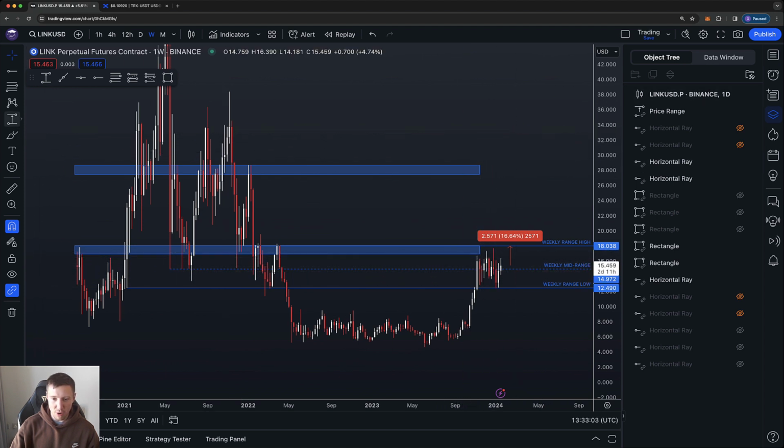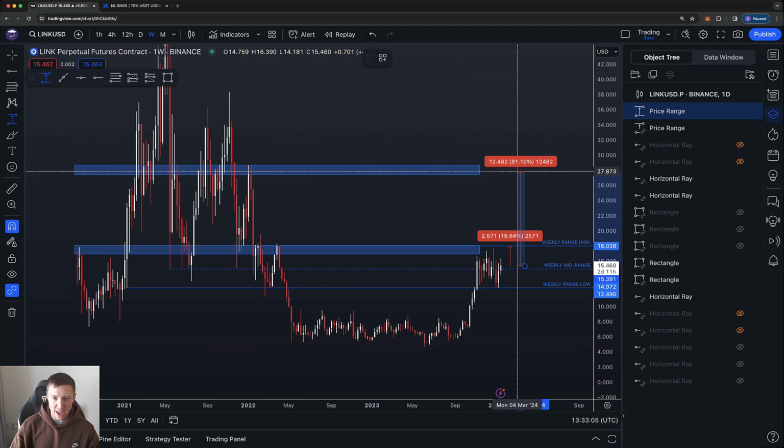So let's just take a look from present day prices up to that area. You're looking at about 82%. Still plenty of gains in there. Next TP,